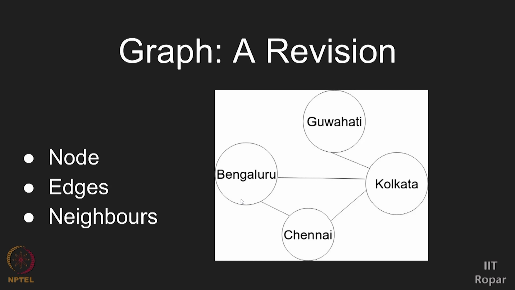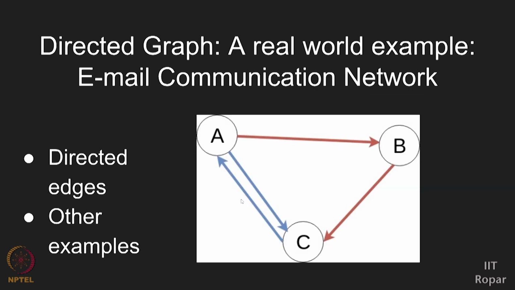But it's not always the case that this kind of representation is enough to represent any data. Sometimes we may need to consider the directions as well. So we'll see an example of such networks in this lecture as a new concept. Such graphs are what we call directed graphs. Here is a directed graph where the direction of edges, that is, from which node to which node the connection is present, is also important.